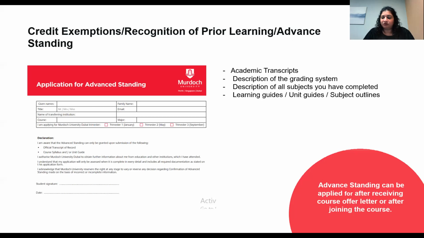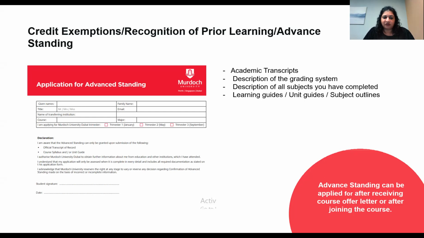Right. I wanted to quickly go through the credit exemptions. If you have any kind of prior learning that you think is very similar to the units that we offer or the content that you're going to study here, and you think it needs to be exempted, that's very much possible. It's called advanced standing.